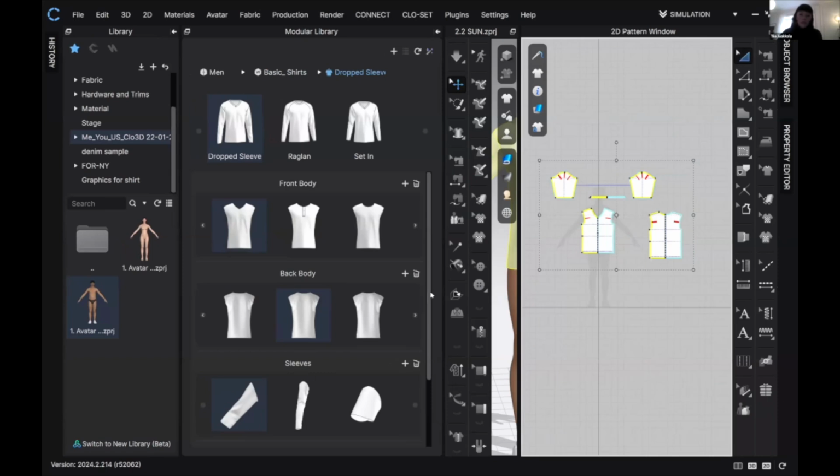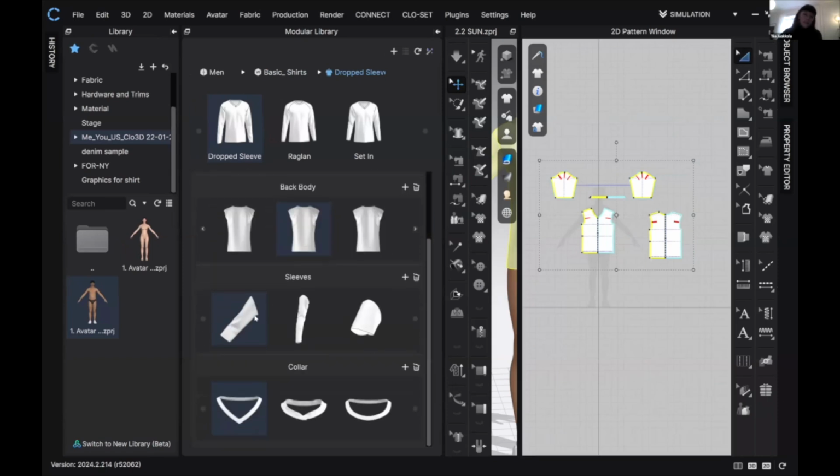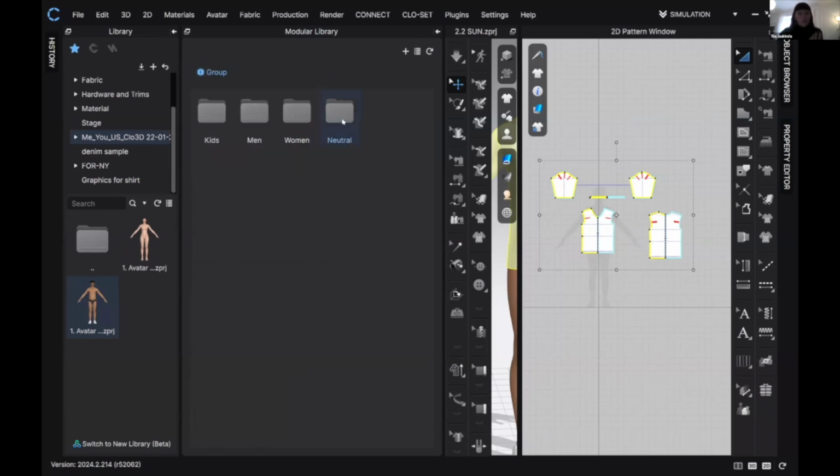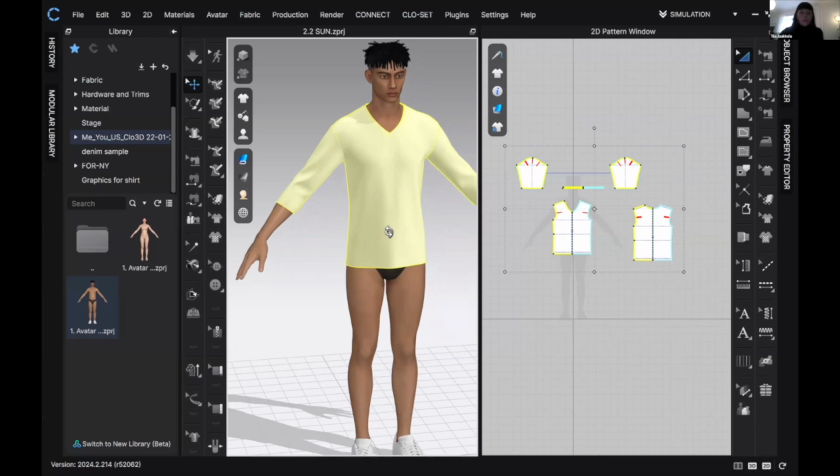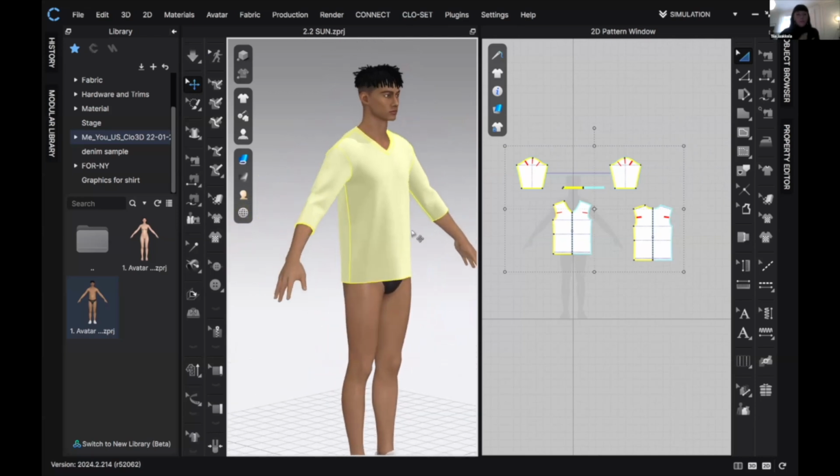And it's added to our sleeves Modular library. And that's how simply you can start building your own Modular library. Or if you want to go for a group and categories, you can start making it from here. But as we don't have the time to go through all this, that's the simple way that you go through these steps. So now our avatar has a shirt on. And from here on,